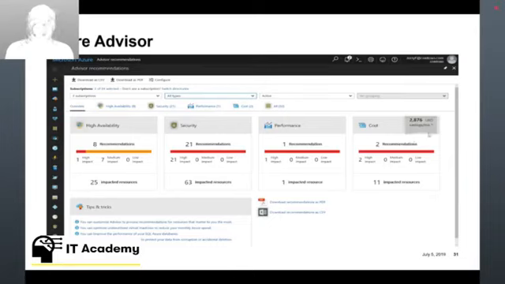Most importantly though, we have the cost recommendations. So I can look in the cost recommendations and see a list of changes that I should make to resources in my environment that are going to save me money. And this kind of figure here of saving me $3,000 per month by just making 2 changes in my environment,